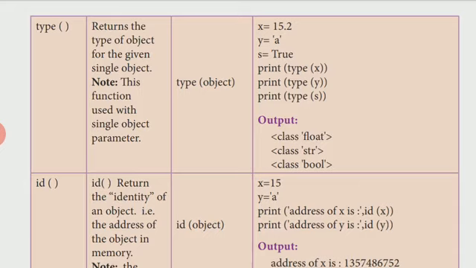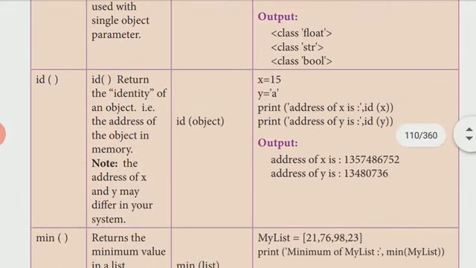Then the next function is id, which will return the identity of the object. The value we gave, its identity means where that value is stored. Every value is stored in memory.